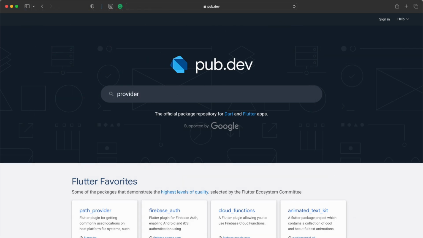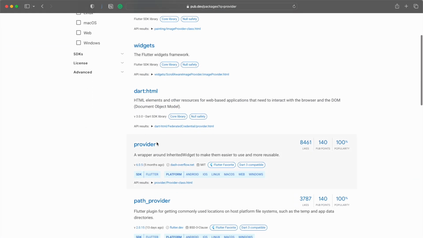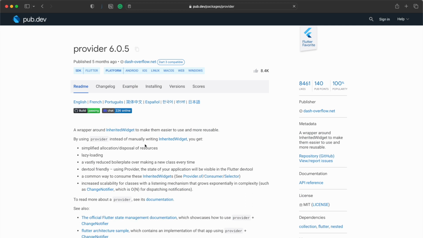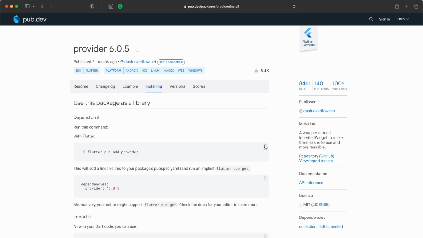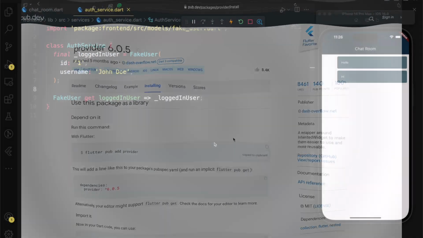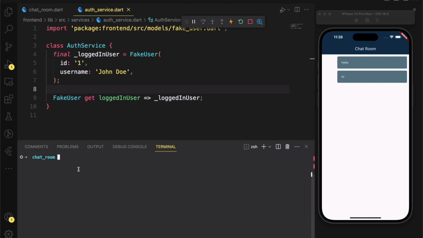But first we need to employ this provider, which is a package that you can get from this website here. Just head over to pub.dev, install by copying this code, and when you go back to VS Code, open your terminal and paste the code that I just gave you. You have to change your directory to the front end because that's where our Flutter application lives.